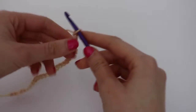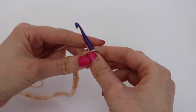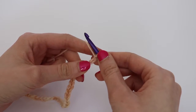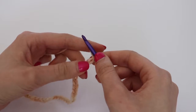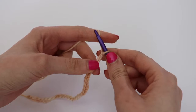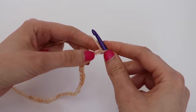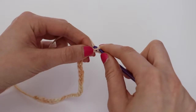So to begin, I have chained 28 stitches. This stitch will be worked in multiples of 13. So I did 2 multiples of 13, 26, plus 2 more, so 28 total stitches. To begin, you will single crochet into the second chain stitch. So skip the first one, single crochet into the second chain,